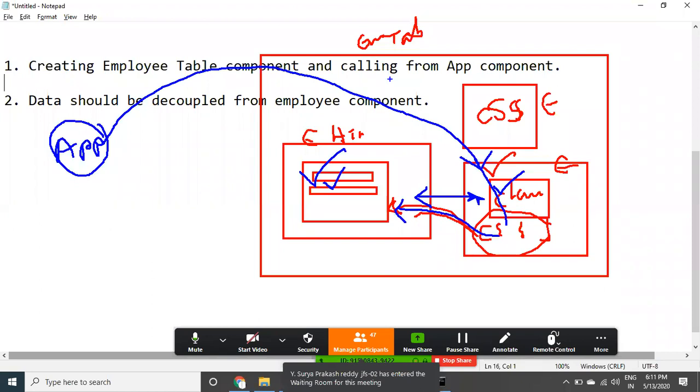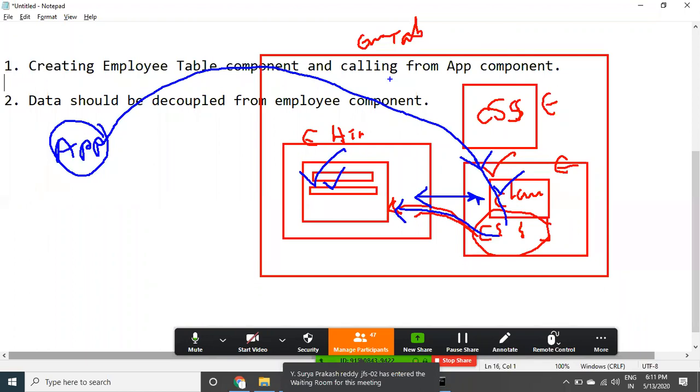The same way, I would like to display employees related to the operations department. Assume there is a department called operations. From the operations, there are multiple employees. I want to give this information, operations employees, or a different department like IT or finance. The same component I'm going to use and the data is different. That's it.